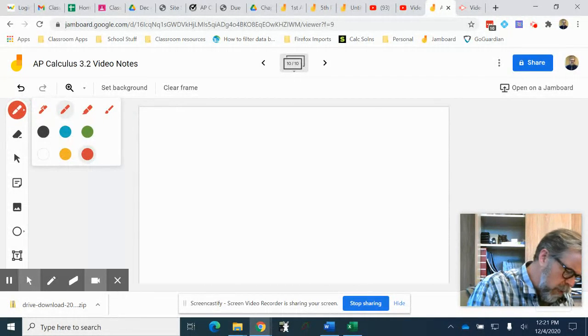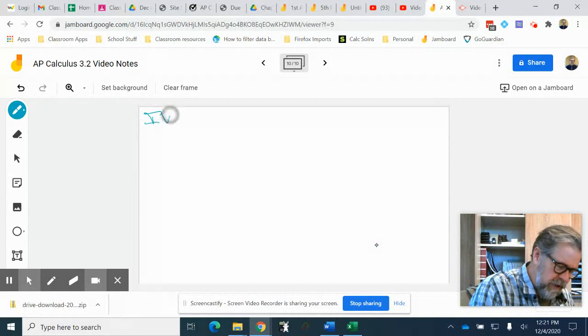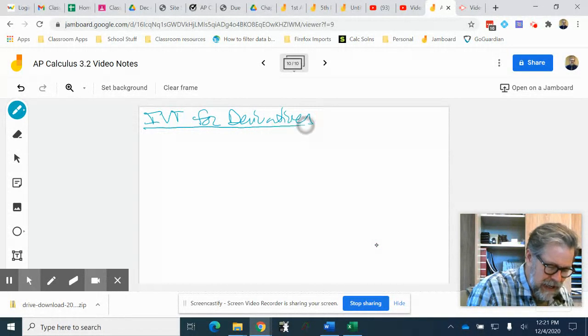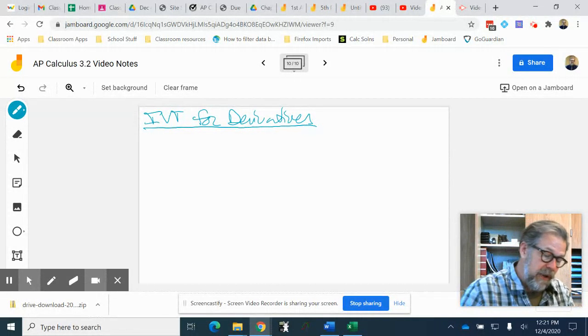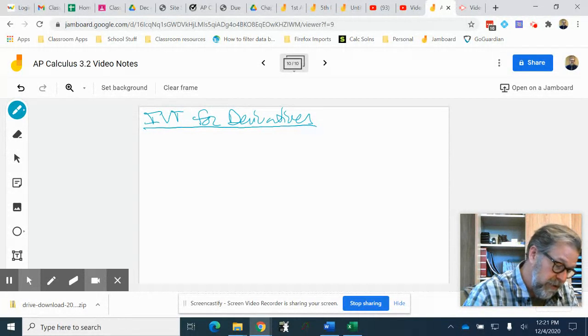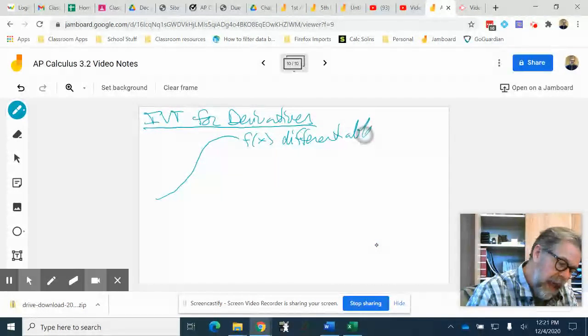Guys, very quickly, one last thing, the intermediate value theorem for derivatives. I'm not going to spend much time on this. We're not going to be really using it in AP Calculus, but it is in the book. The intermediate value theorem for derivatives says that if I have some differentiable interval, and there are 2 points, A and B, inside that interval,